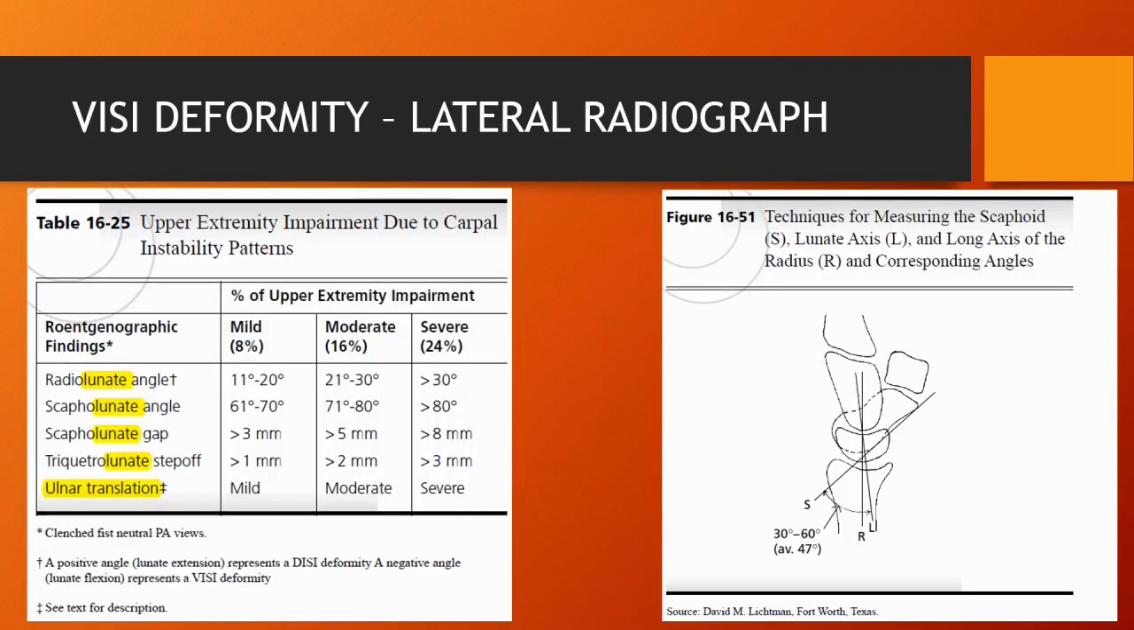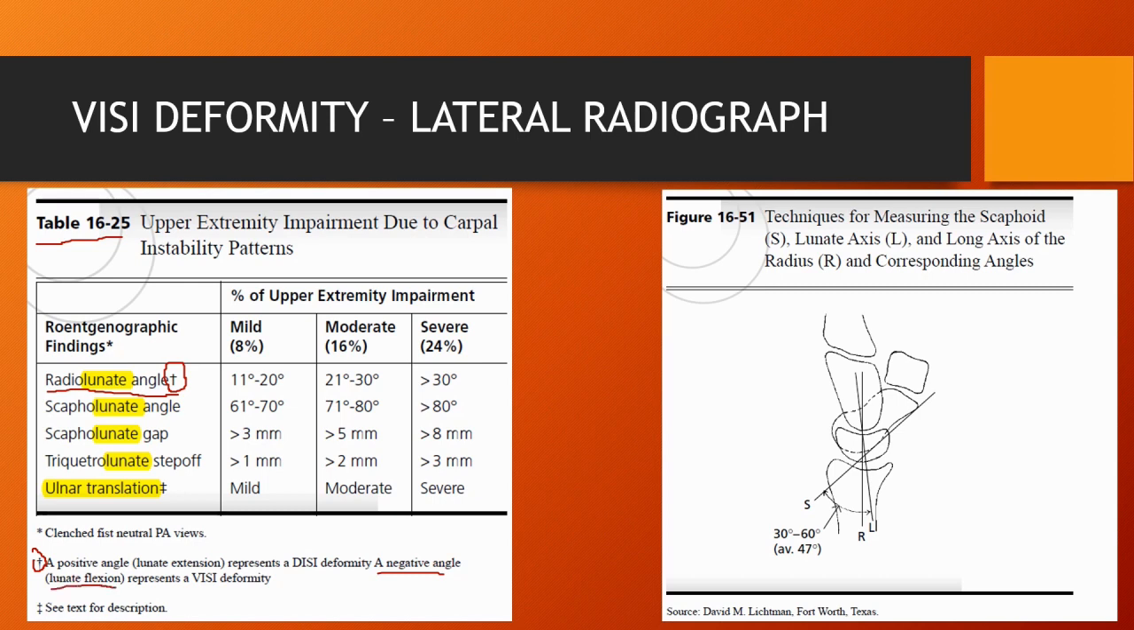Okay, so here we have a table and a figure from the AMA Guides. This is table 16-25. And here they describe some findings consistent with the VISI pattern of non-dissociative carpal instability. So here, under the description of the radiolunate angle, they tell us that with a VISI deformity, we see a negative radiolunate angle, meaning that the lunate remains in a flexion